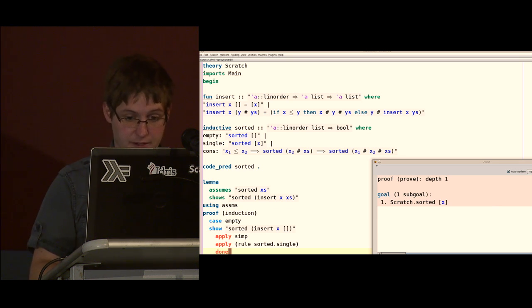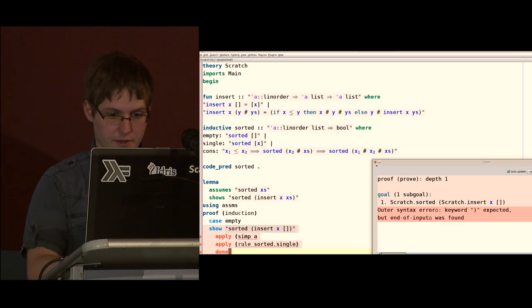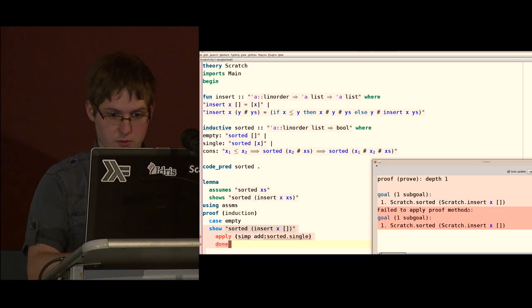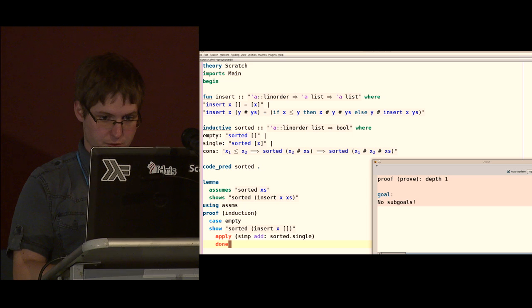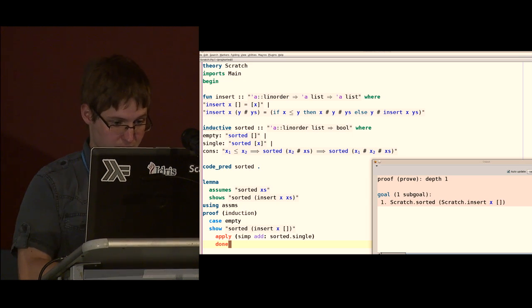So the simp tactic actually supports arguments. You can say simp add, give this rule, and it will also do that. And there's also another tool, I can show you that. It's called Sledgehammer. Let me just get it for you.